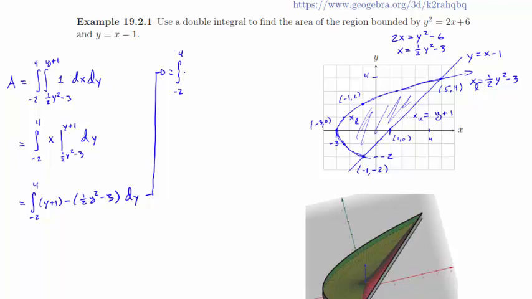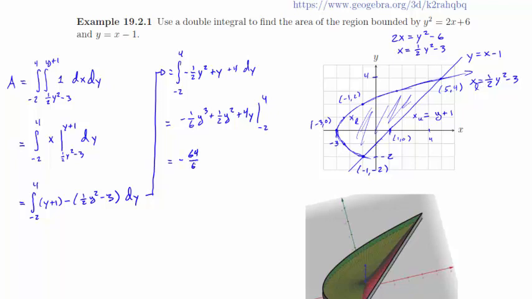Let's do this: -1/2 y squared first, and then we'll do a plus y, and then a 1 plus 3 is plus 4 dy. So this equals -1/6 y cubed plus 1/2 y squared plus 4y, and we evaluate this from -2 to 4. So then I get 4 cubed is 64, so